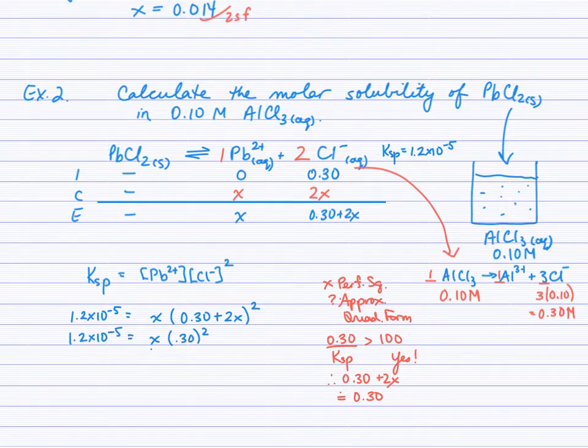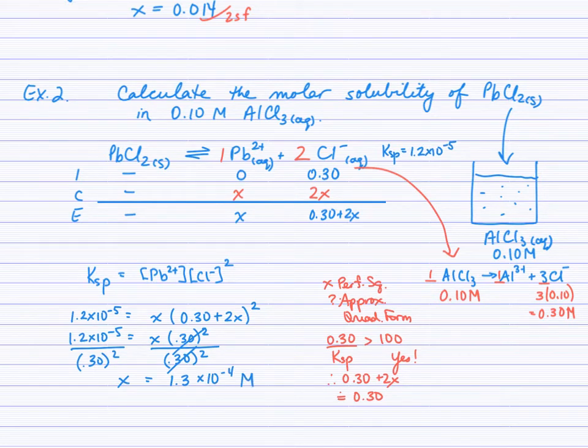Now we're literally just dividing by 0.30 squared on both sides, and we will have isolated x. So x is going to equal 1.2 exp negative 5 divided by the 0.3 squared. And so we finish with, as you might imagine, very small concentration